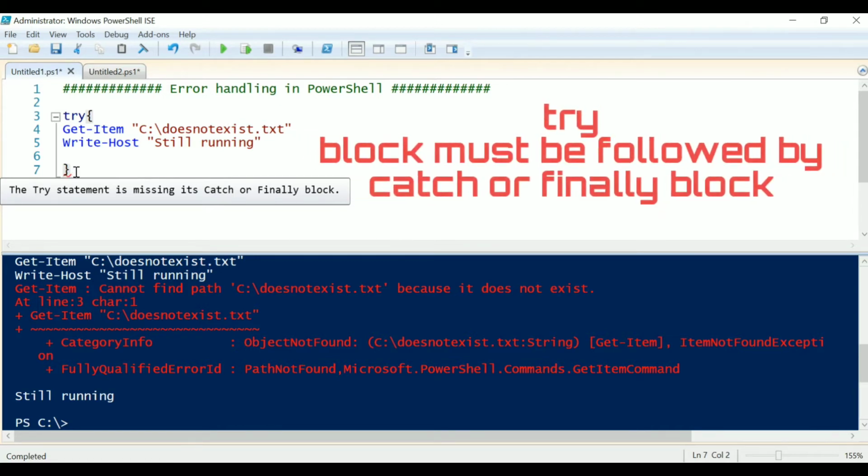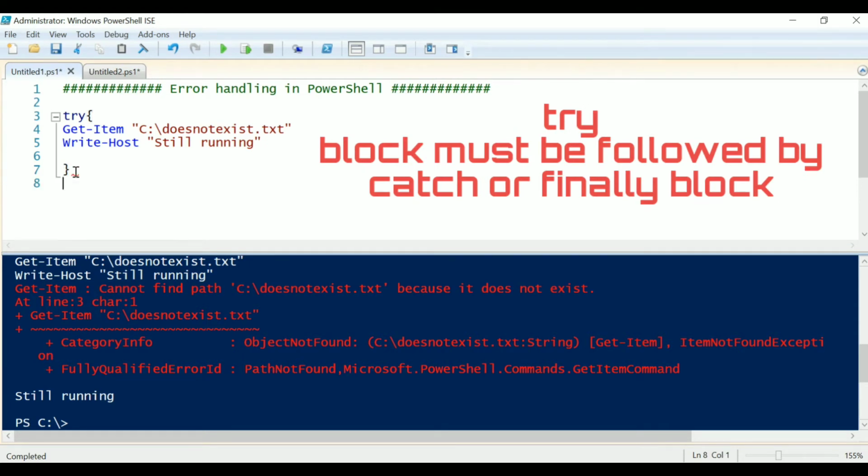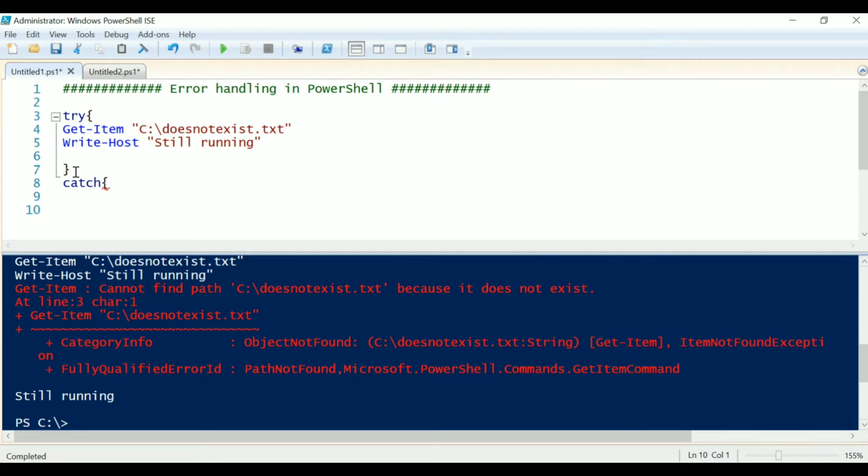It means try must be followed by some catch block. So in the try block go the statements where we might encounter some error, and the catch block is the area where we handle those errors that might happen.